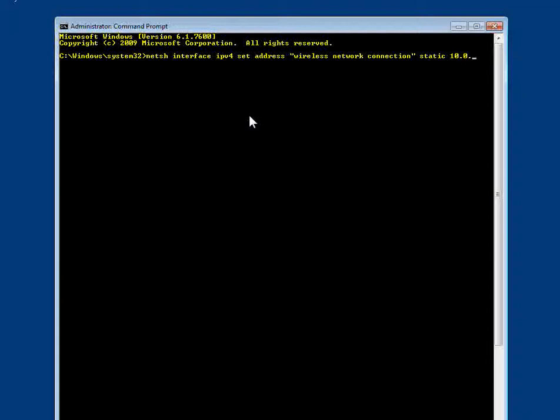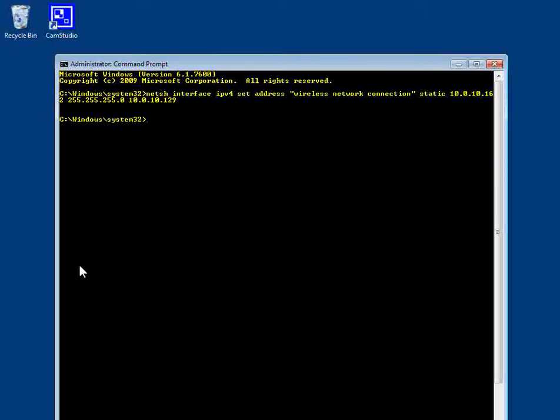We'll do 10.0.10.162. Subnet mask is 255.255.255.0. So this is a class C subnet. And the default gateway, we'll go ahead and make 10.0.10.129. We'll hit enter. And you really won't get any prompts here, but to prove that that actually changed the